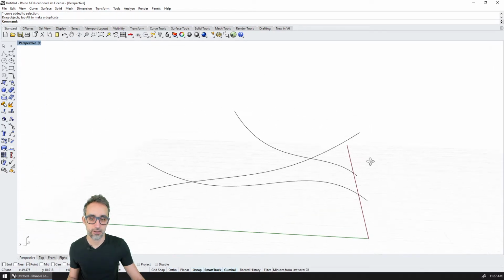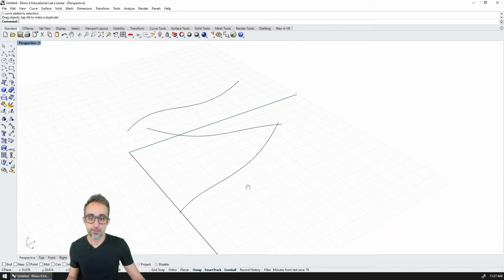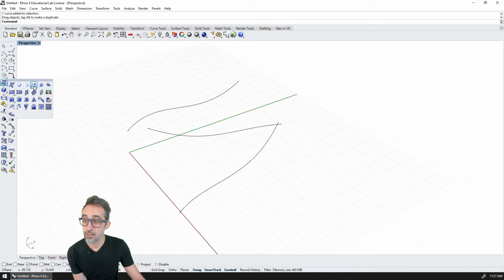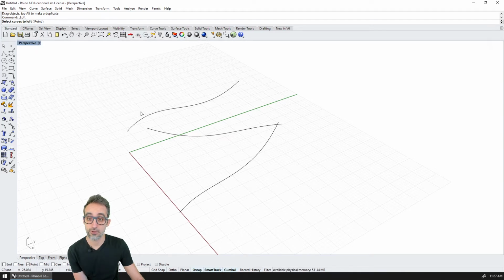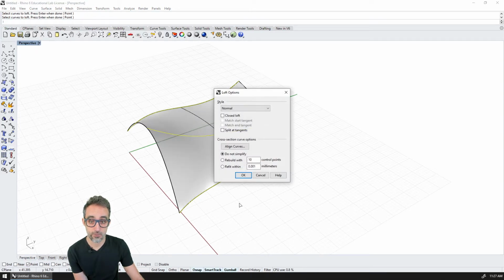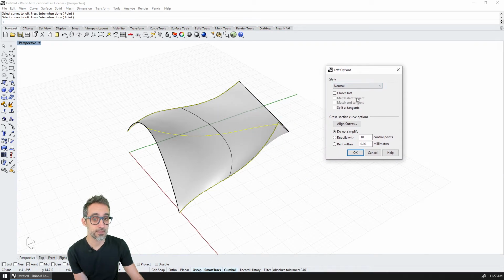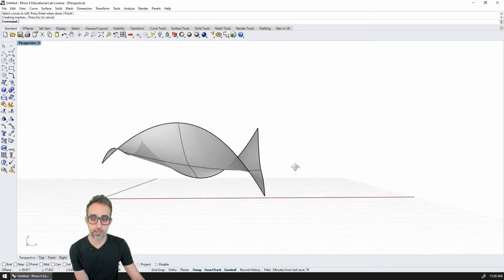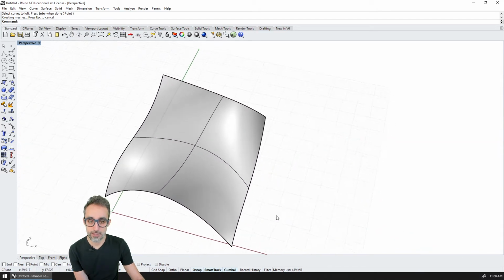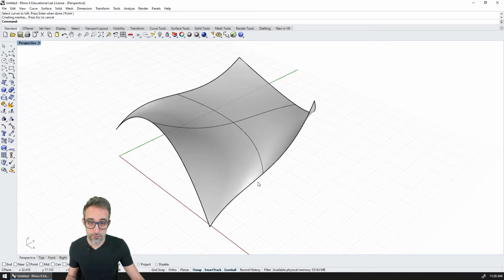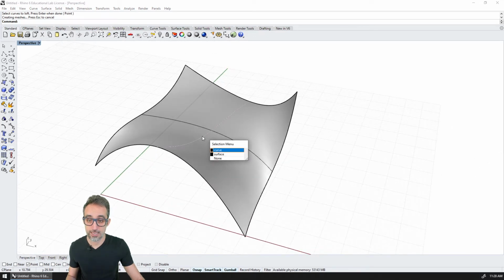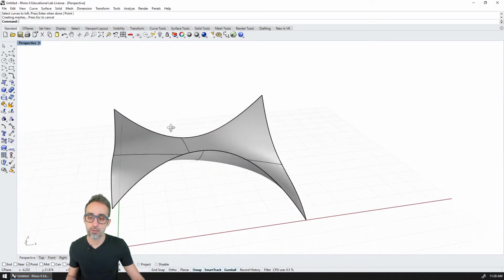So you can see that now they look something like that. And now what I can do is click here and click on loft, and I'm going to select the three curves, the first one, the second one, and the third one. As I right click, you can see that I'm given some options: normal, loose, tight, whatever. But I can press OK. And by pressing OK, you can see that I have created a smooth surface that passes exactly through the three curves that I had defined.